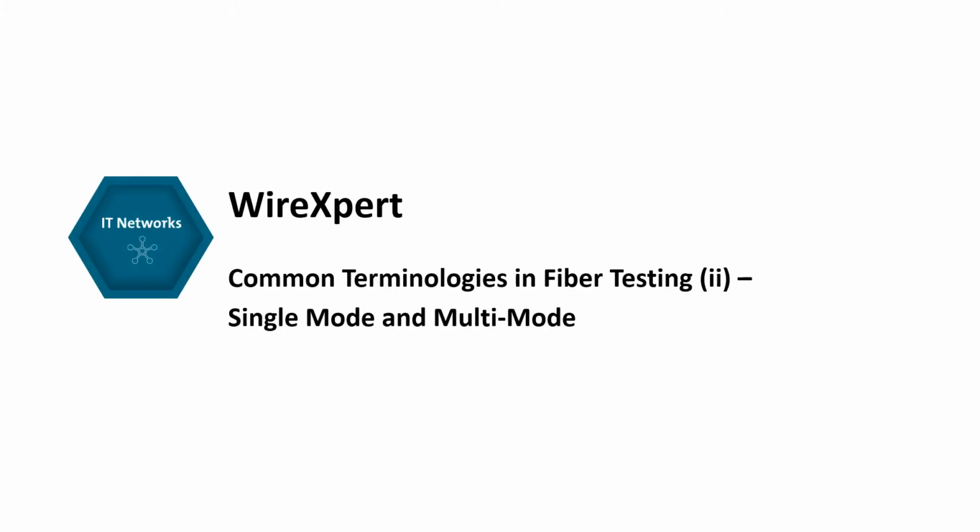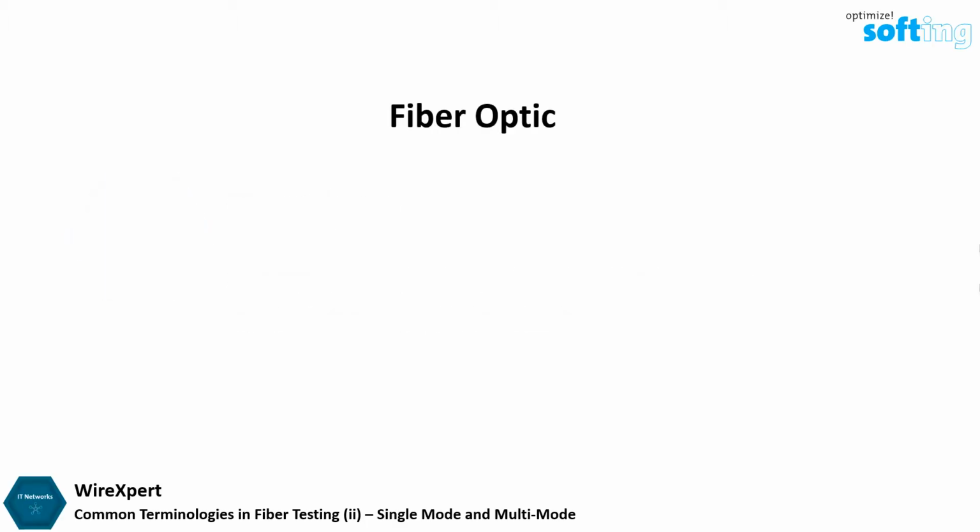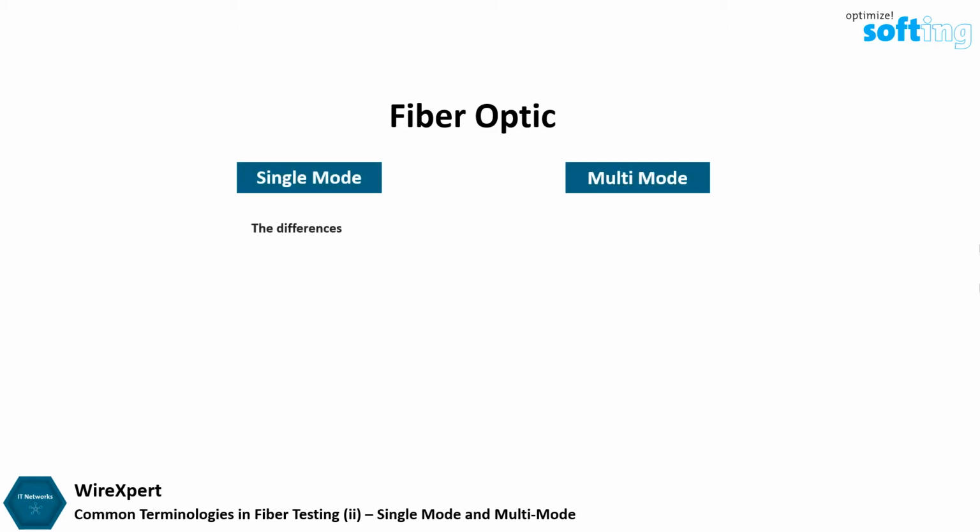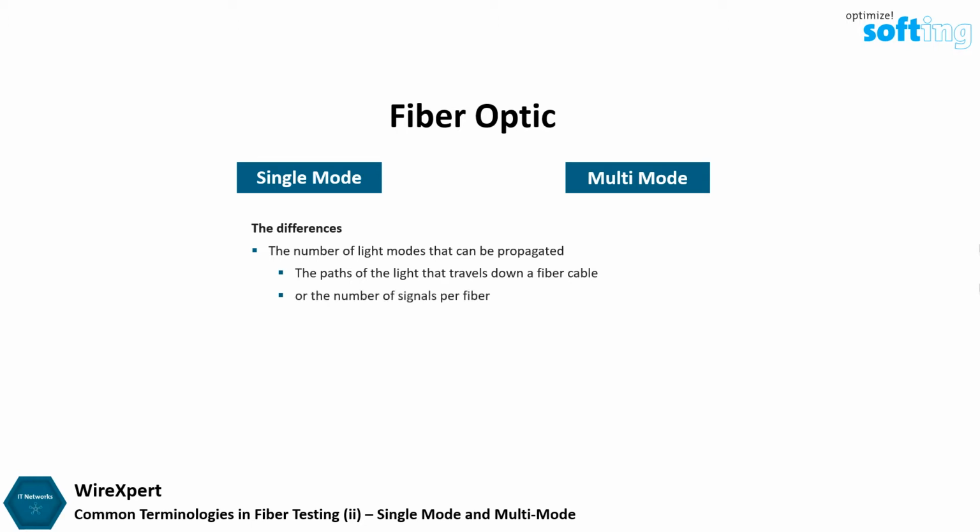In this video, we are going to explain some commonly used terms when performing fiber optic cabling test. In general, there are two types of fiber optics: the single mode and the multimode. The main difference between the two types is the number of light modes that can be propagated. Mode refers to the path of the light that travels down a fiber cable, or the number of signals per